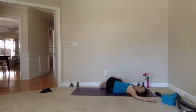Try to invite your jaws to relax. You can even move the jaws from side to side a couple of times. Then relax the tongue on top of that bottom palate. Eyelids heavy, and let your eyeballs start moving again away from the eyelids and back towards the back of your head. Good, then slowly returning